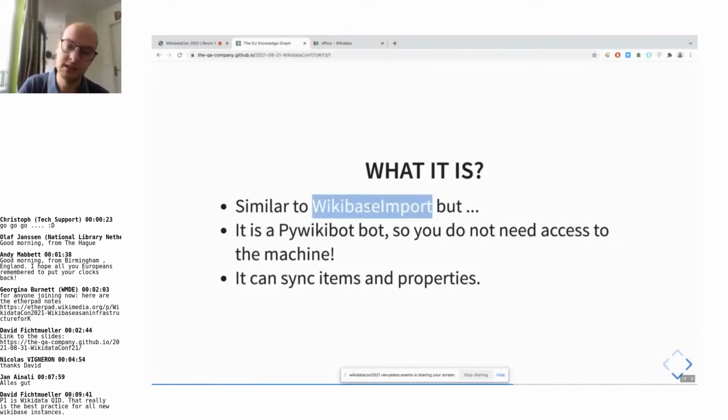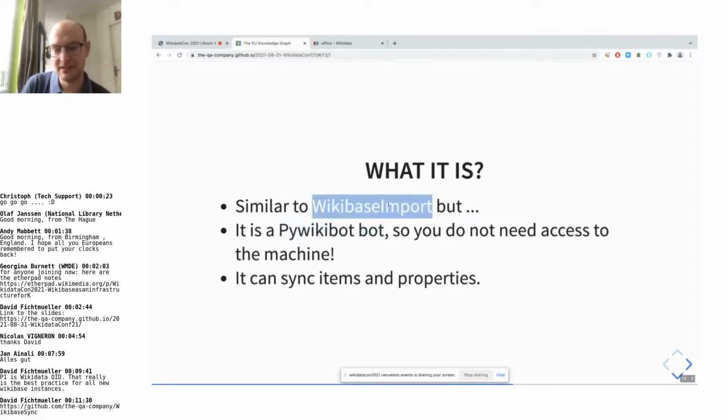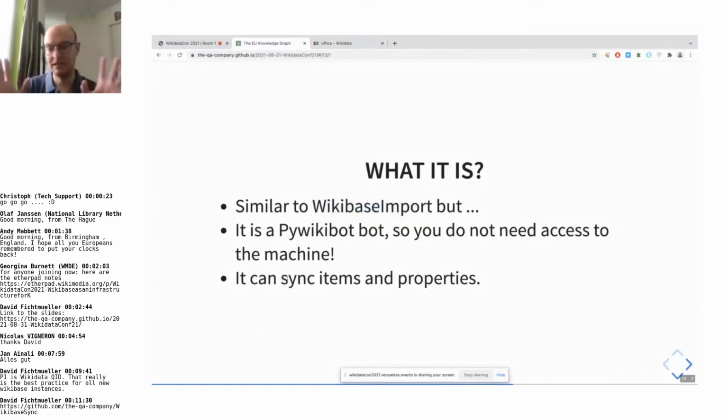The first one is that it is using PyWikibot, which is important because to import an entity from Wikidata using Wikibase Import, you need access to the machine itself. While with Wikibase Sync, anyone external to the Wikibase, who has the rights to access the Wikibase, can make this edit. And the other important difference is that in Wikibase Import, you import the entity once and then it is done. While with Wikibase Sync, we can really check